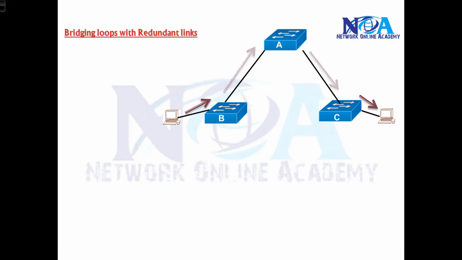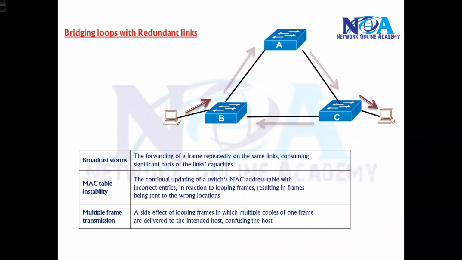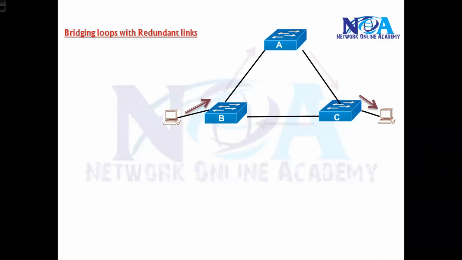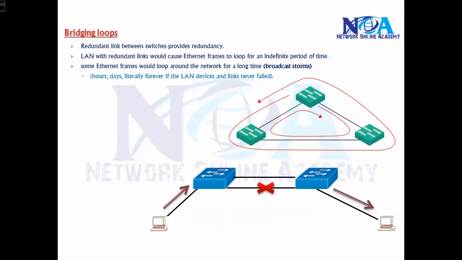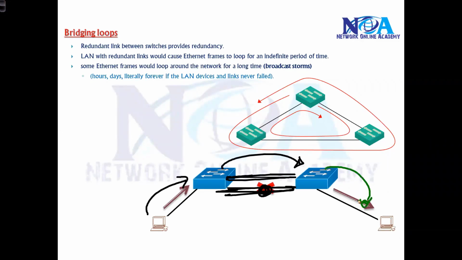To provide some kind of redundancy, I'm connecting one more link between the switches. But the problem with this is that it will create loops, which we typically call broadcast storms. In this example, if both the links are working and forwarding, the broadcast will go from here to here, and then from here to here, and then come back again onto switch A. So again it will loop.